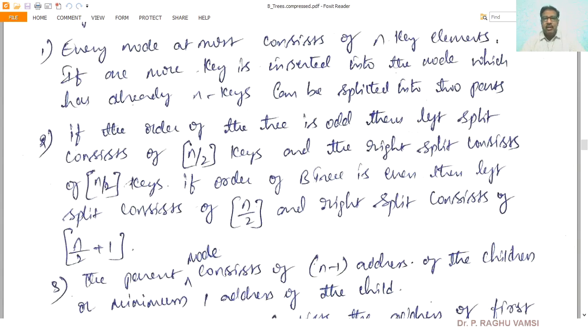If the order of the tree is odd, then the left split consists of n by 2 keys and the right split consists of n by 2 keys. Whenever a node is split, there will be a left split and a right split.